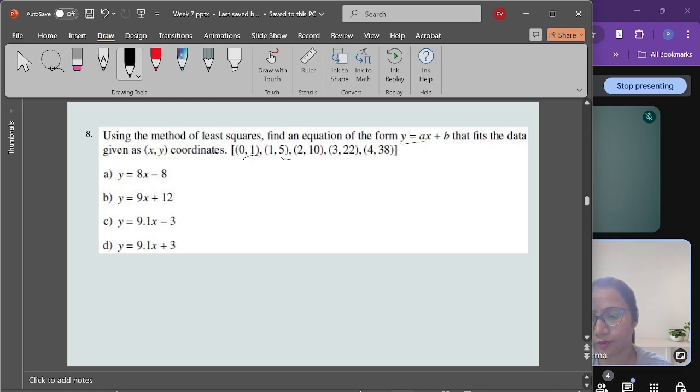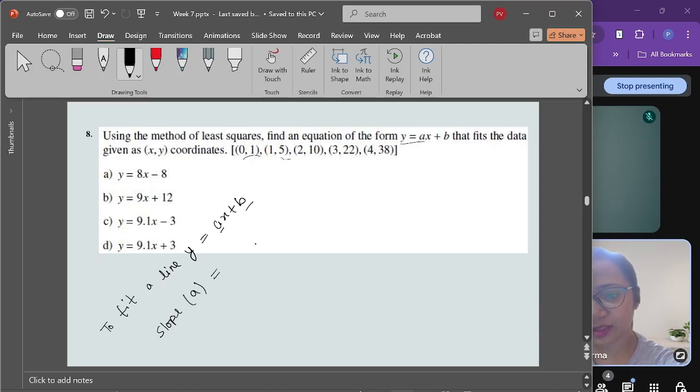So now, to fit a line y equal to ax plus b to this data point by the least square error, first we need to find out the slope and intercept, that is a and b. How can we calculate the slope and intercept using this data point? To calculate the slope and intercept,